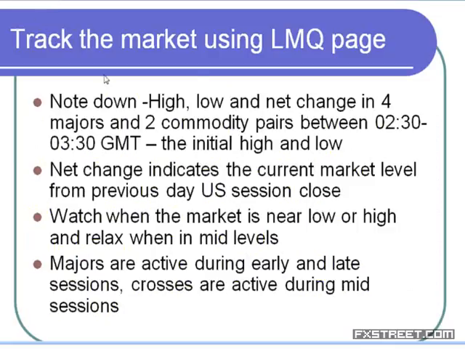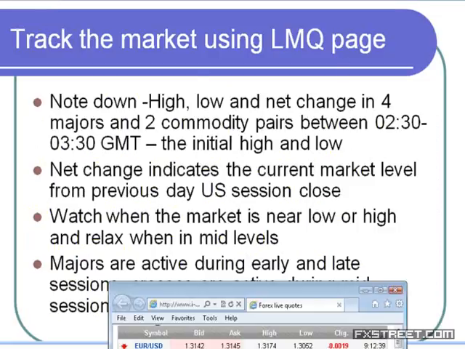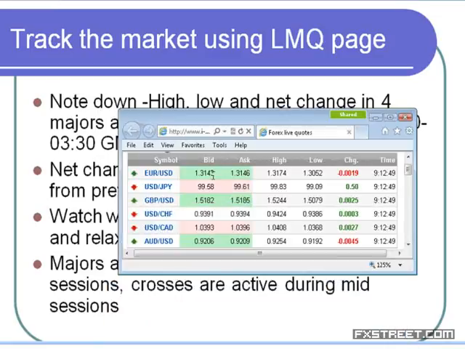Then we have to use the live market code page. This is the code page wherein you come across the codes given live, and probably about 1 or 2 minutes, 15 seconds or so it is delayed, doesn't matter. But you have the 4 majors and 2 commodity pairs. In these pairs, you have to find out at what level they have the bid and the ask, and also what is the high they are set, what is the low they are set.